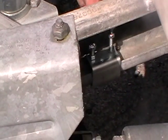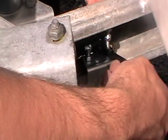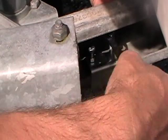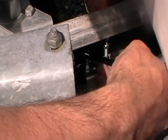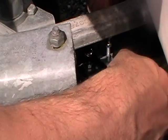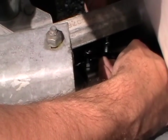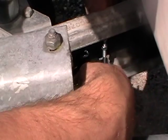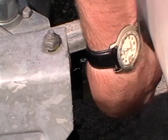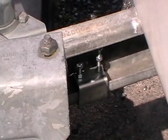Locking it in, and for the final few turns we would normally use a socket, but obviously because of the restricted space here this may not be a great option for us. So what I'm going to use is simply the ring end of the 10mm spanners. So we'll just lock this in position on the first one. We'll repeat the process a number of times. Okay, so that's reasonably firmly linked there, and we'll obviously repeat the same with the second nut here and lock this down into position. So what we do then is we simply get the pole here and we lift the